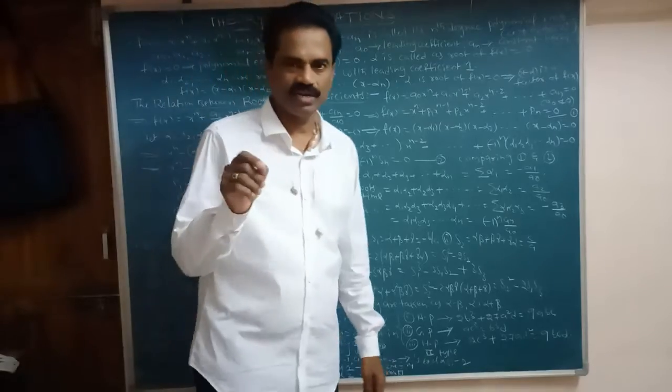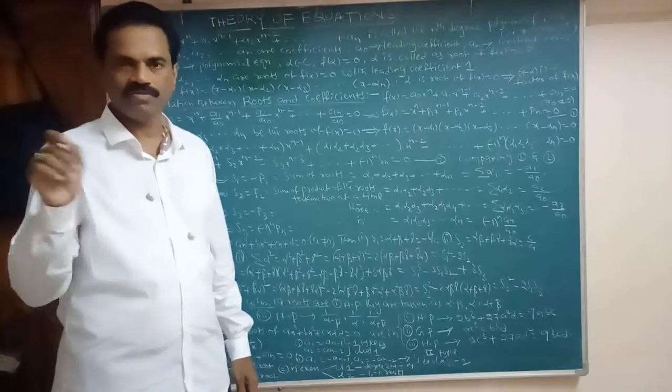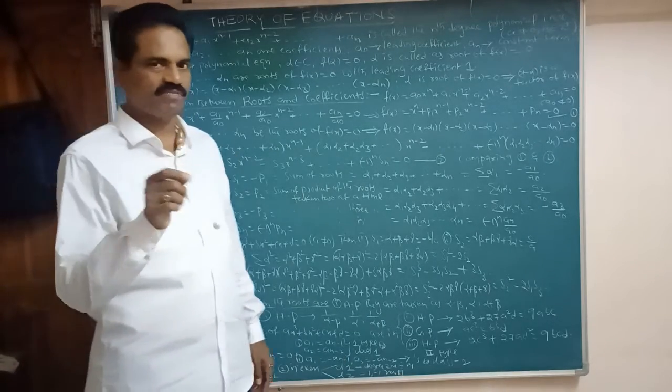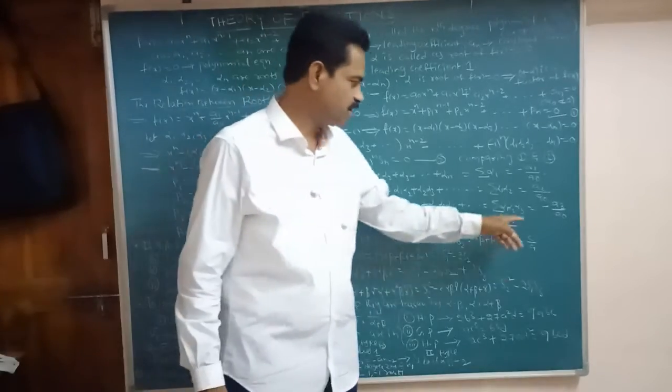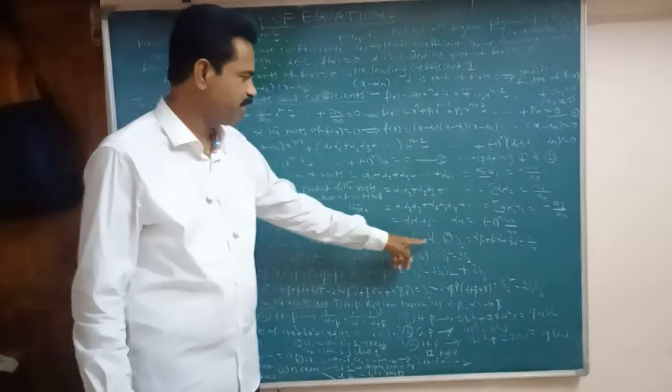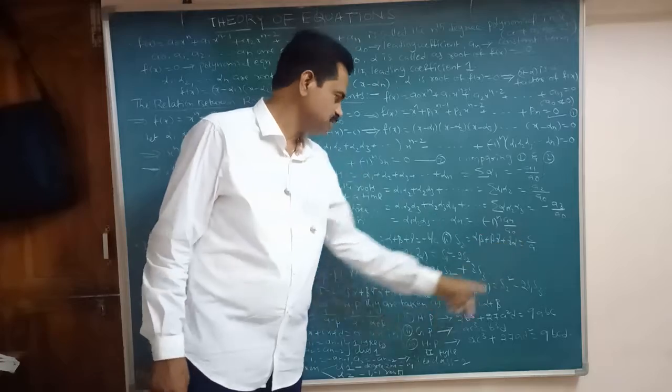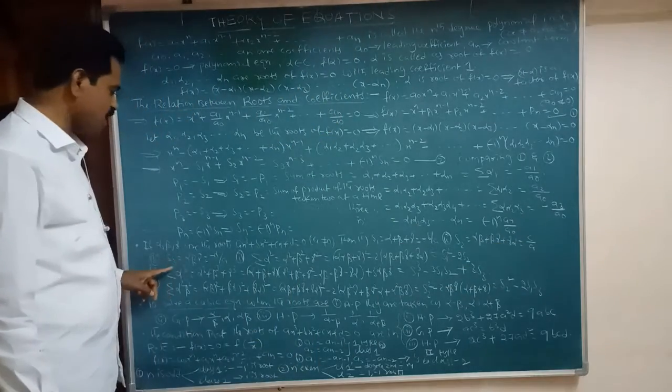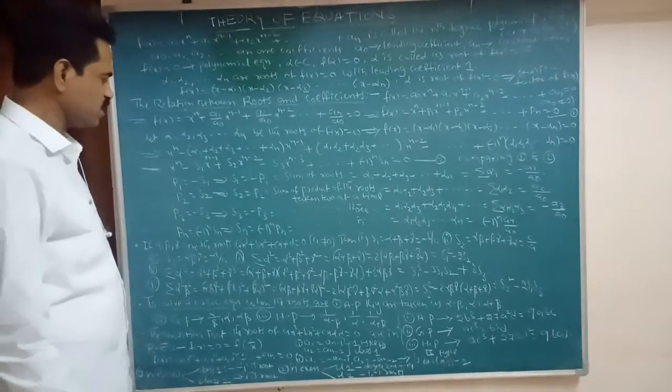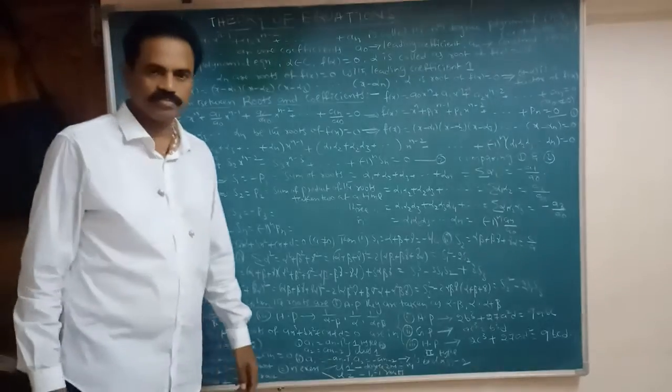So for S3 the suffix is odd, then it will come here minus. S1, suffix 1, so here it is minus 1. So that is here minus. Suffix 2, then it is plus. Next S3, here suffix odd, then you will get here minus. So that is minus d by a.